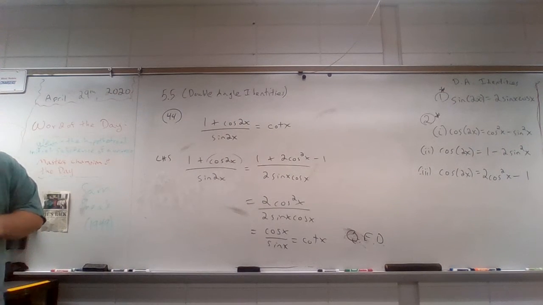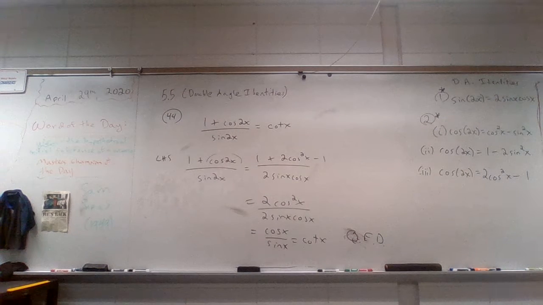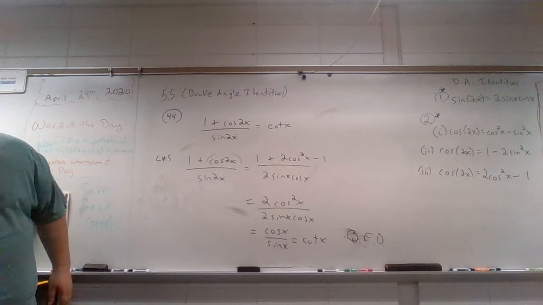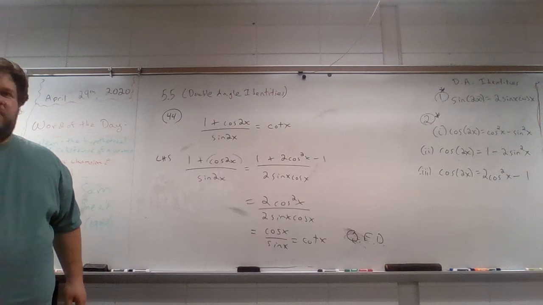Okay, so hopefully you like the double angle identities. There are some other ones like product to sum, sum to difference, and half angle identities. I'm not going to do those. Very rarely are they used. In fact, the story goes, you can probably end the video right now, but if you want a boring story,